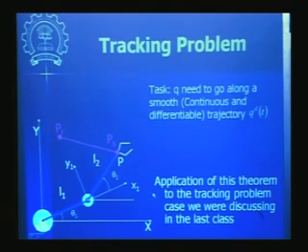Now we will see the application of the asymptotic stability theorem to the controller which we have seen in the previous class. We will apply this theorem to that controller and see how it functions, and whether we can reach some result in terms of Lyapunov stability for the tracking controller.